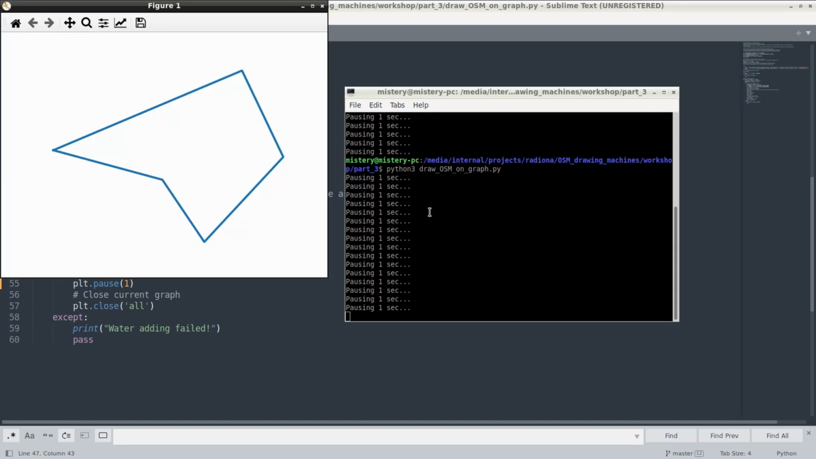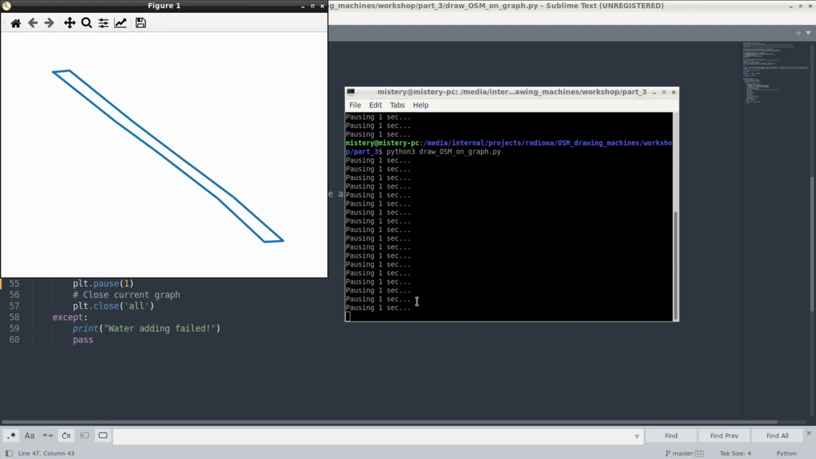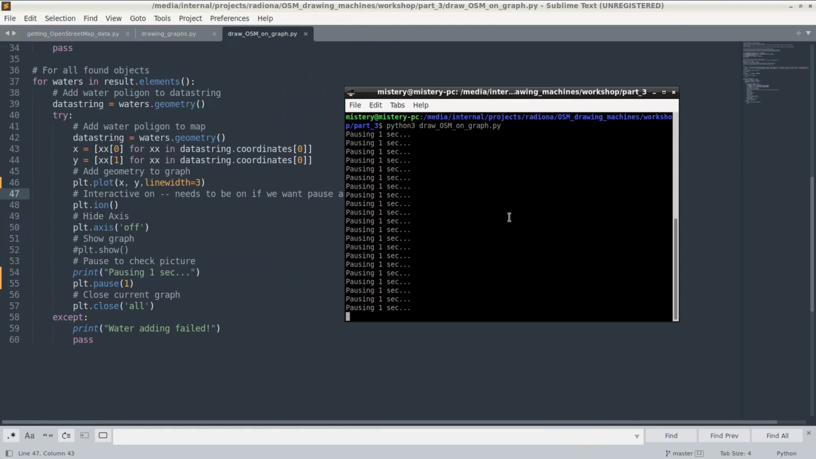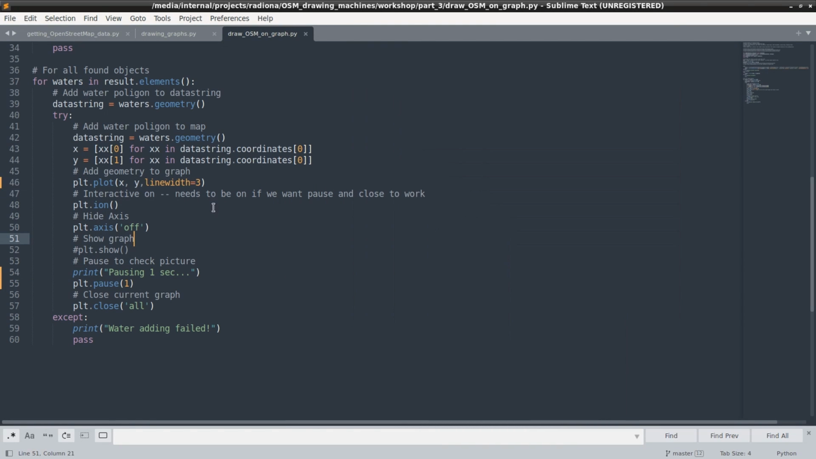It will list all 20. So you need to wait, you cannot close this one. Okay, so you can experiment with this one. This interactive mode is used so we can actually close the graph and print another one,